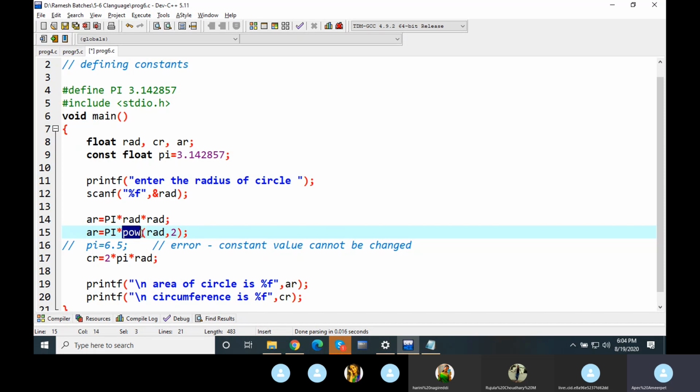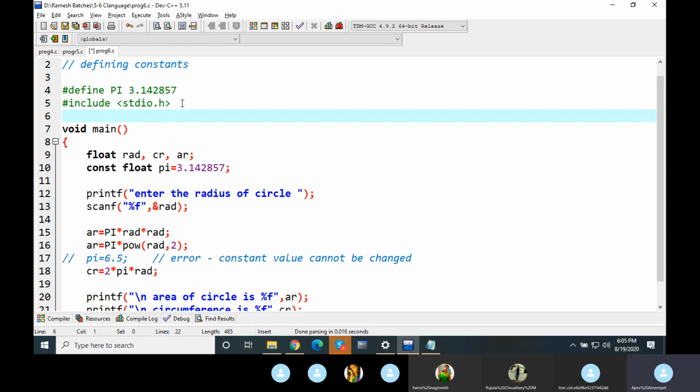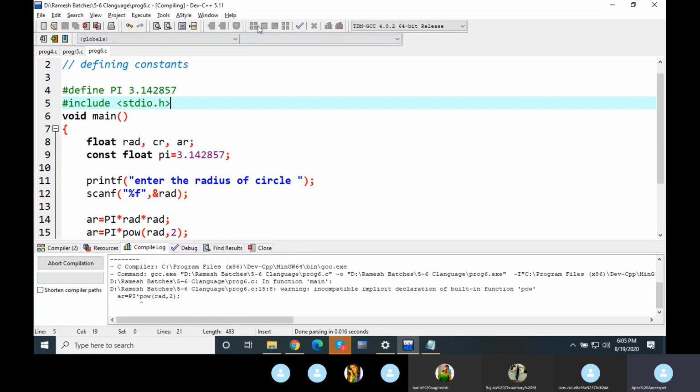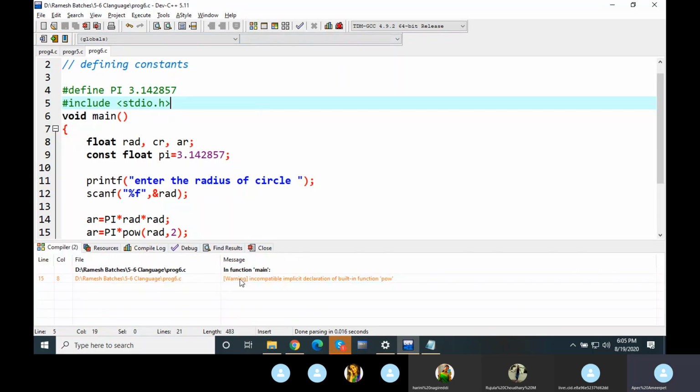If you want to use this type of function, this function is present in a separate header file called math.h. If I compile this program, can you see at the bottom it is showing incompatible implicit declaration of built-in function pow.